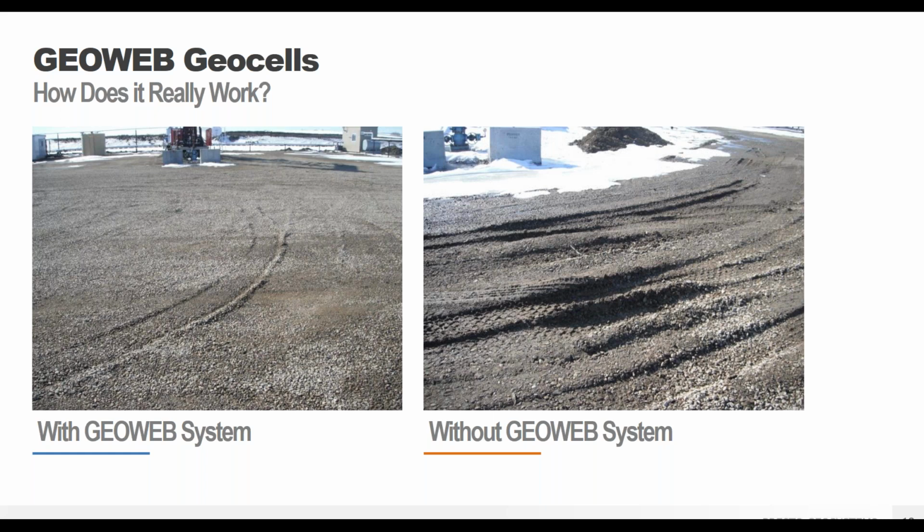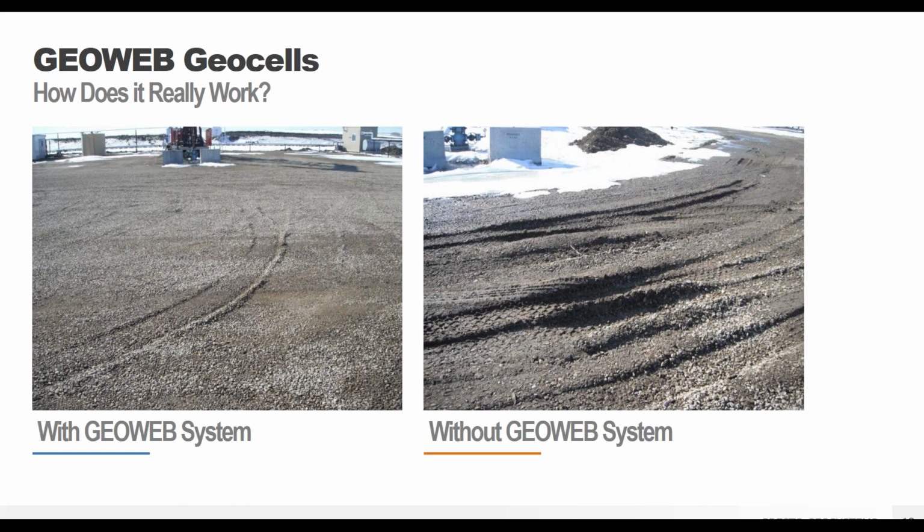And you're going to see with every pass on the right side, those ruts are just going to keep getting deeper and deeper. You're going to have to go back, regrade the system. It's going to be a mess. On the left-hand side, you're not going to have to do that. You're not going to have to keep going back. Those ruts aren't going to get any deeper. They're not going to form, all of that good stuff.